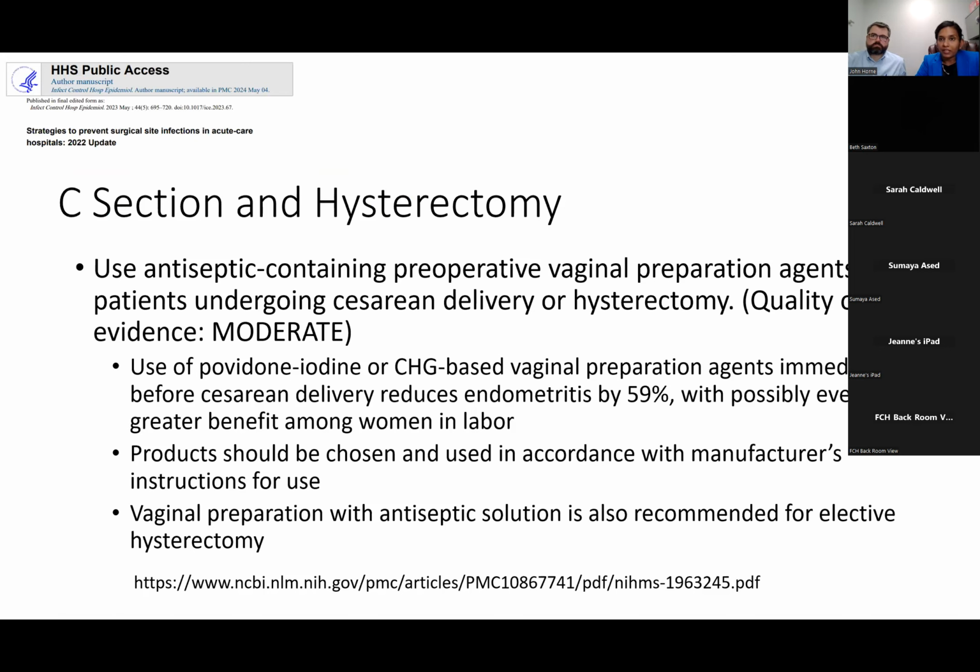Another important point in the SHEA guidelines: when you prepare for abdominal surgery, you're going to use chlorhexidine to prep the skin. But how do you reduce hysterectomy and C-section infection? Use of povidone-iodine or CHG-based vaginal preparation agents immediately before cesarean delivery reduces endometritis by 59%, even when